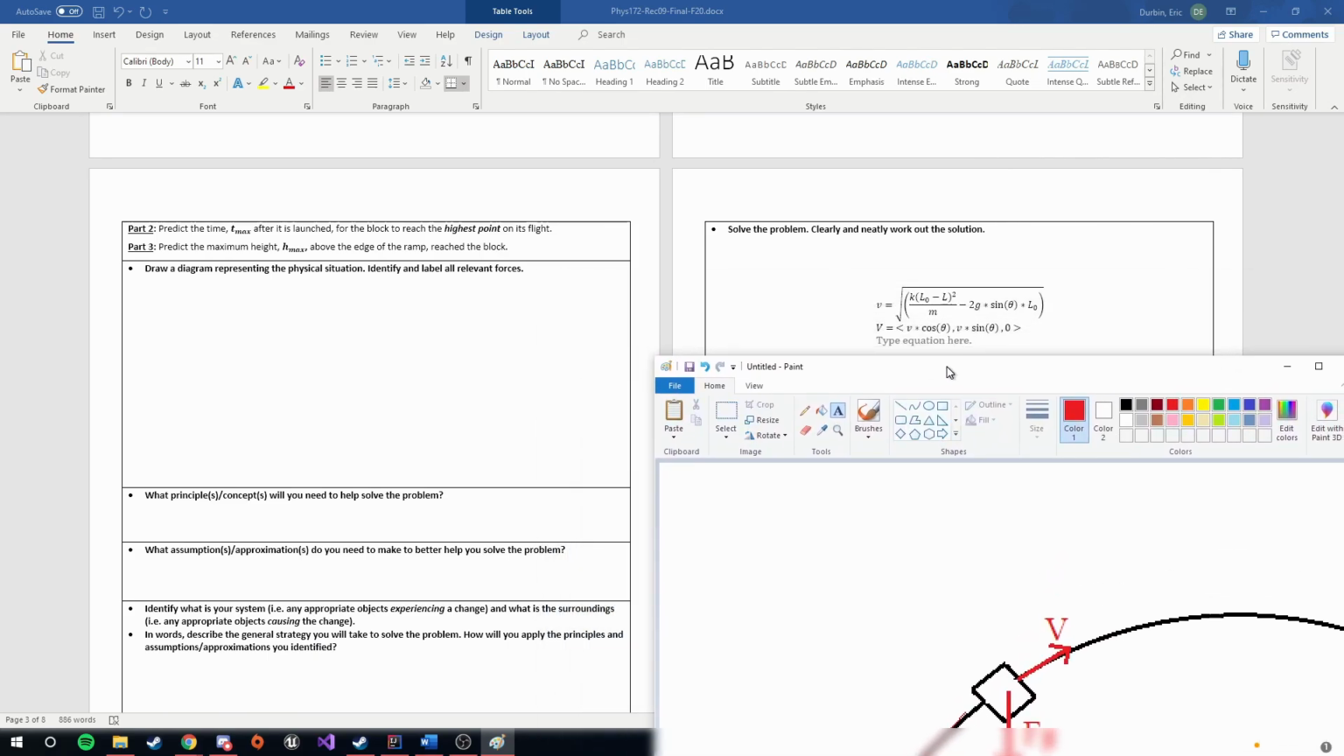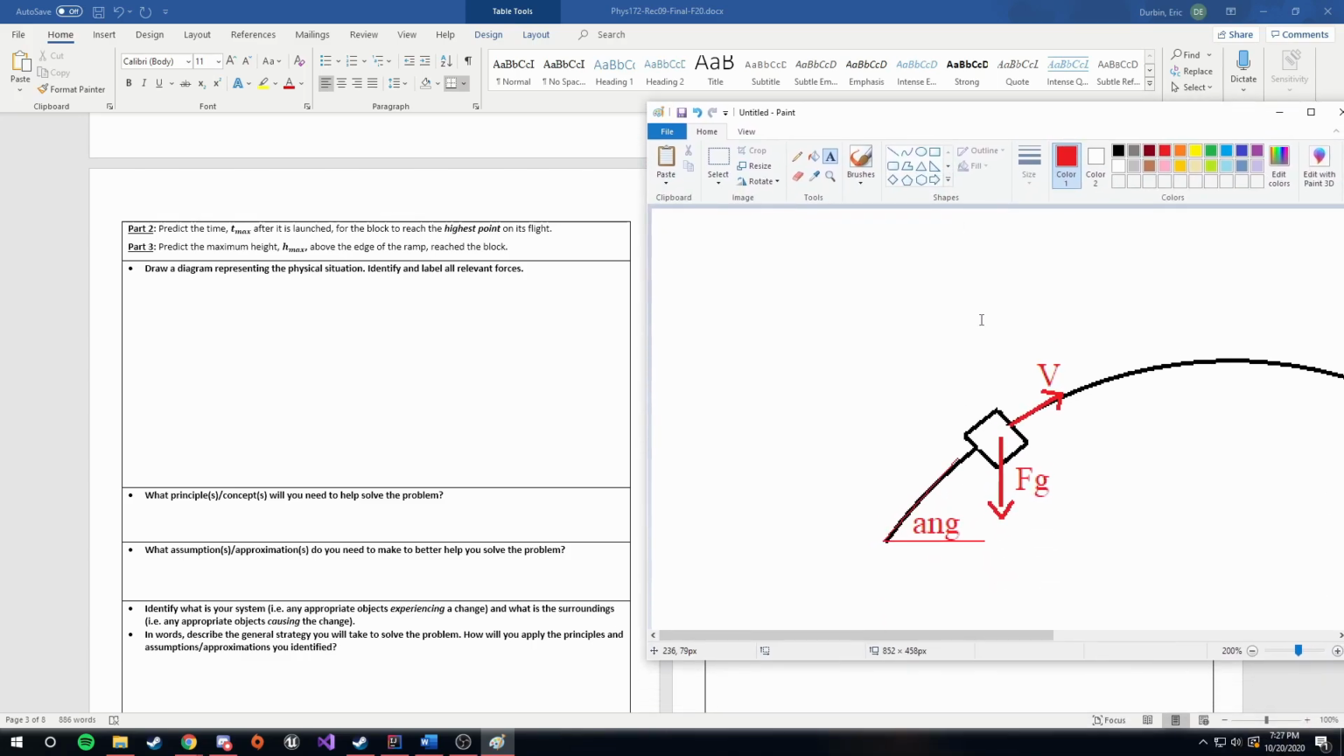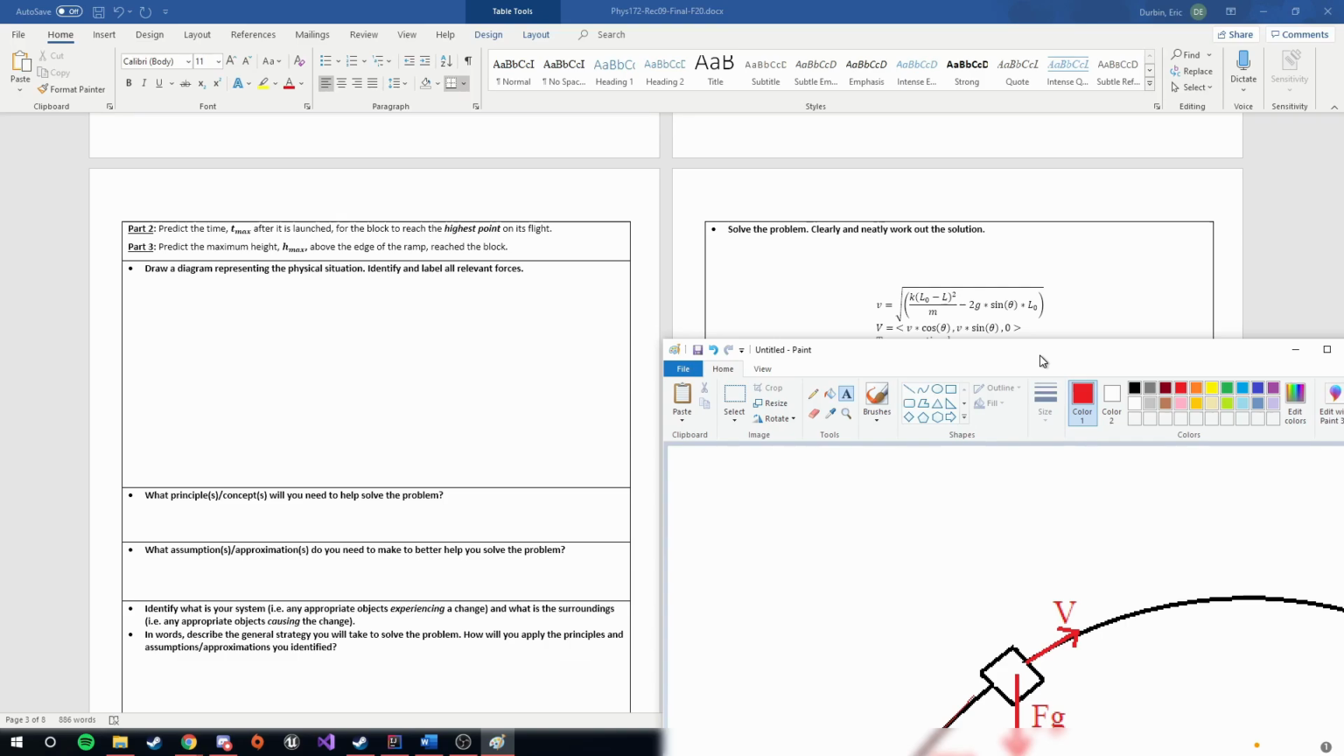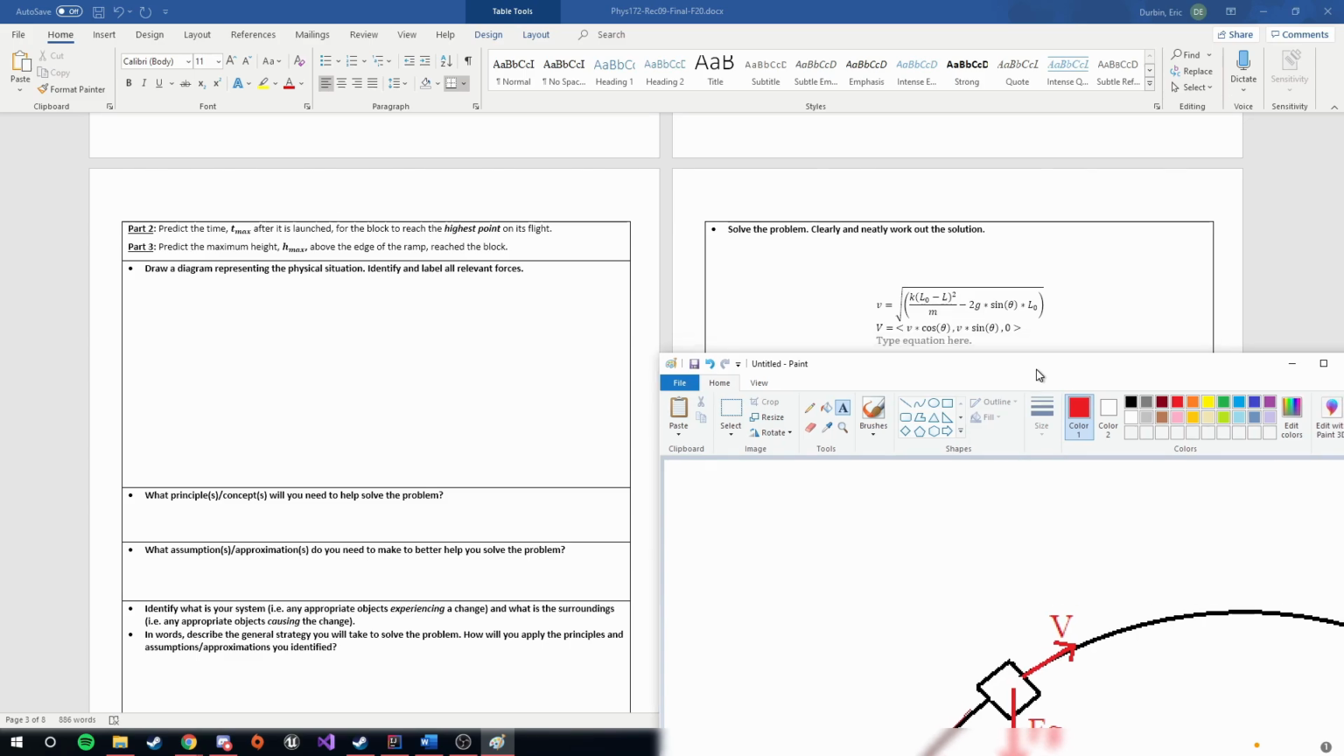Can't we just find when velocity equals 0 and then divide it by 2? Because that's when it's hit the ground. Oh well, no, you're right. That's actually pretty smart. When velocity equals 0, because then it'll have hit the ground. Unfortunately,